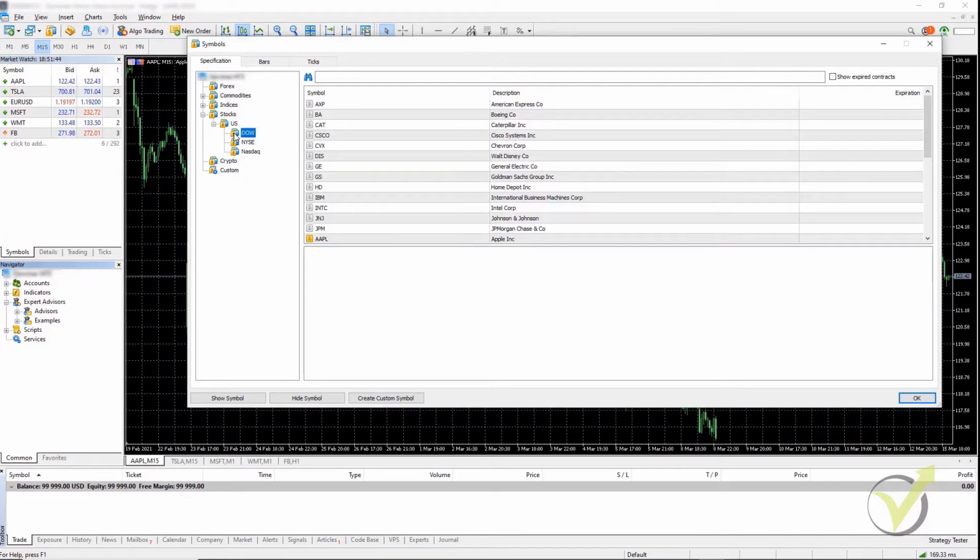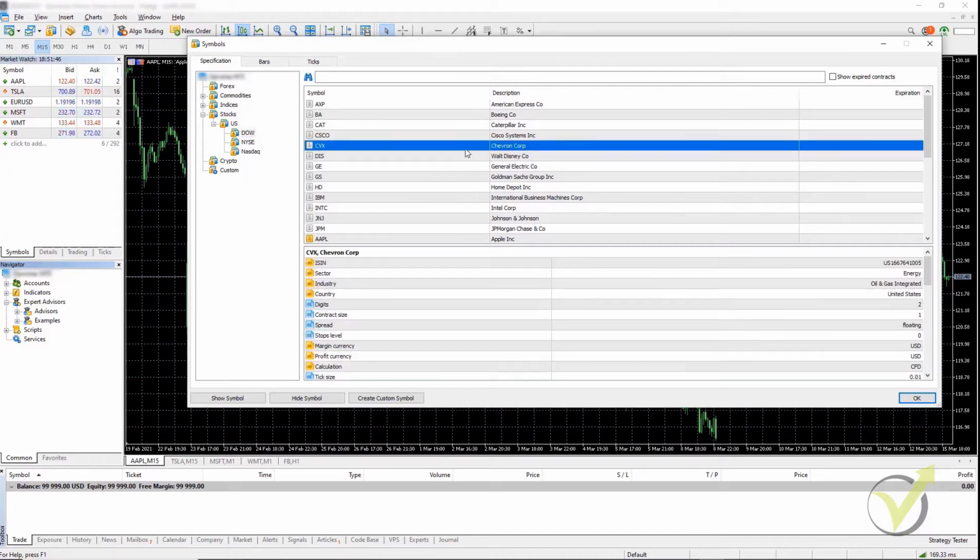Let's go to stocks, let's go to the Dow, for example, and let's say that we wanted to add Chevron. All we do is we double click it, and what you'll see is that the icon has gone gold. And on the left in the Market Watch window, CVX, there it is now available for us. So we can now open a chart, we can add an expert advisor, and we can actually use this chart